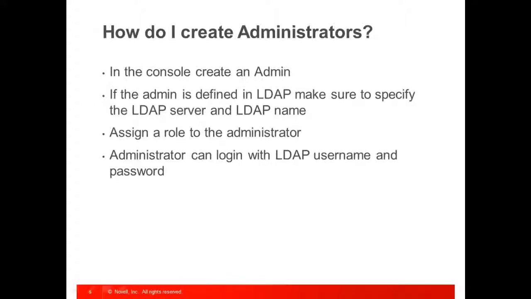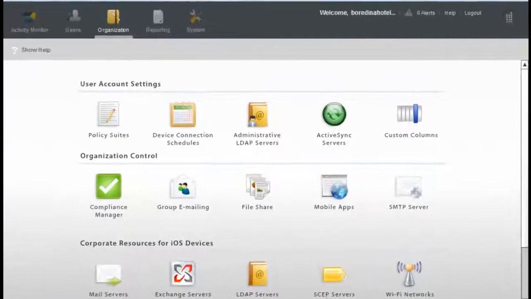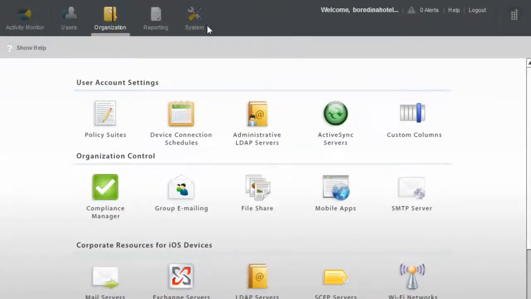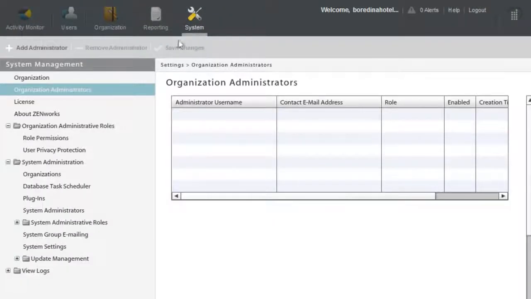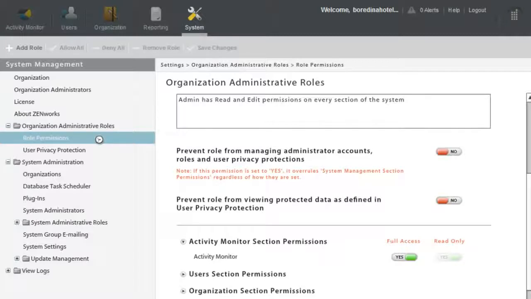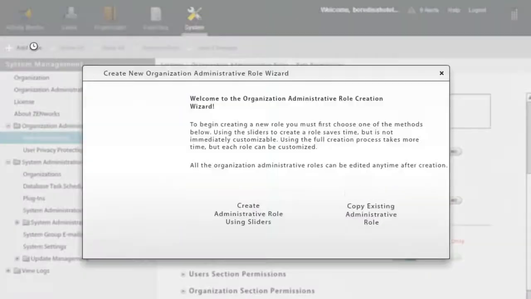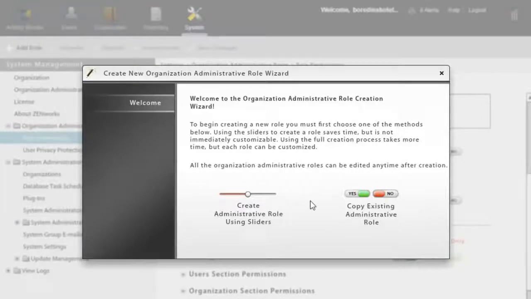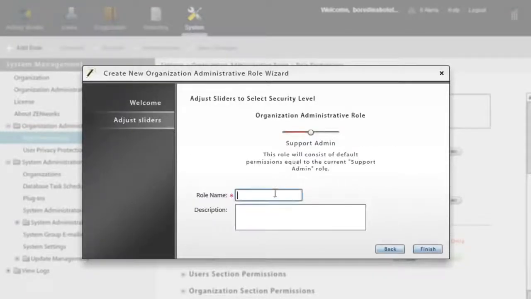So let's take a look at how you do that in the console. So in the console, you're going to come to the System page. In there, you can go under Organizational Administrative Roles and Role Permissions. On the Role Permissions page, you can then add a new role. When you do that, you can either create administrative roles using a slider, which is what we'll start with, demo